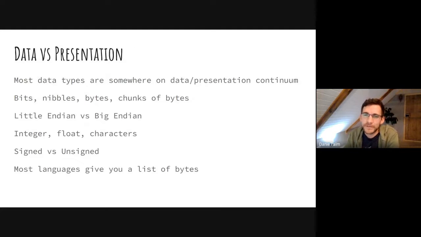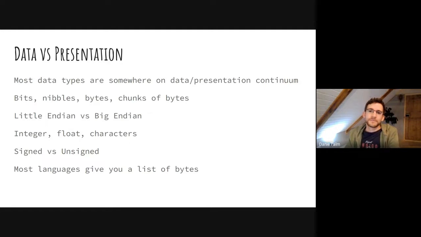Binary data is an interesting one, because you can think of data types as being on a continuum of data versus presentation. If you think about an integer, 10 is just a 10, right? The value 10 is also how you use it in your code. Maybe if it's more than 1,000, you might introduce a delimiter here or there, but integers are pretty close to how you present them.